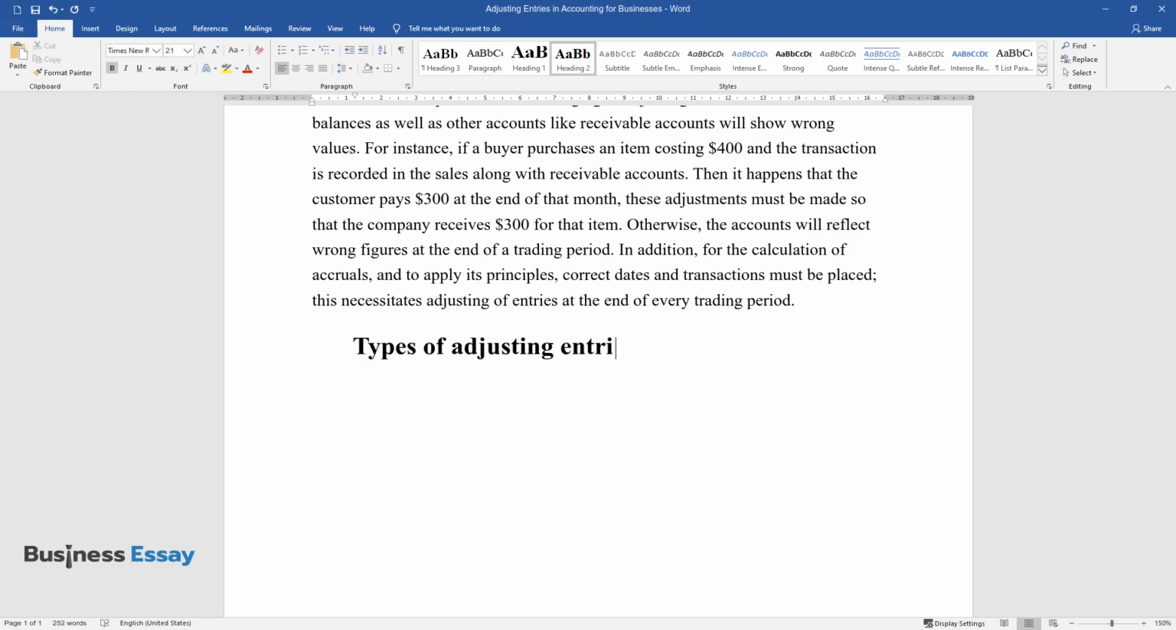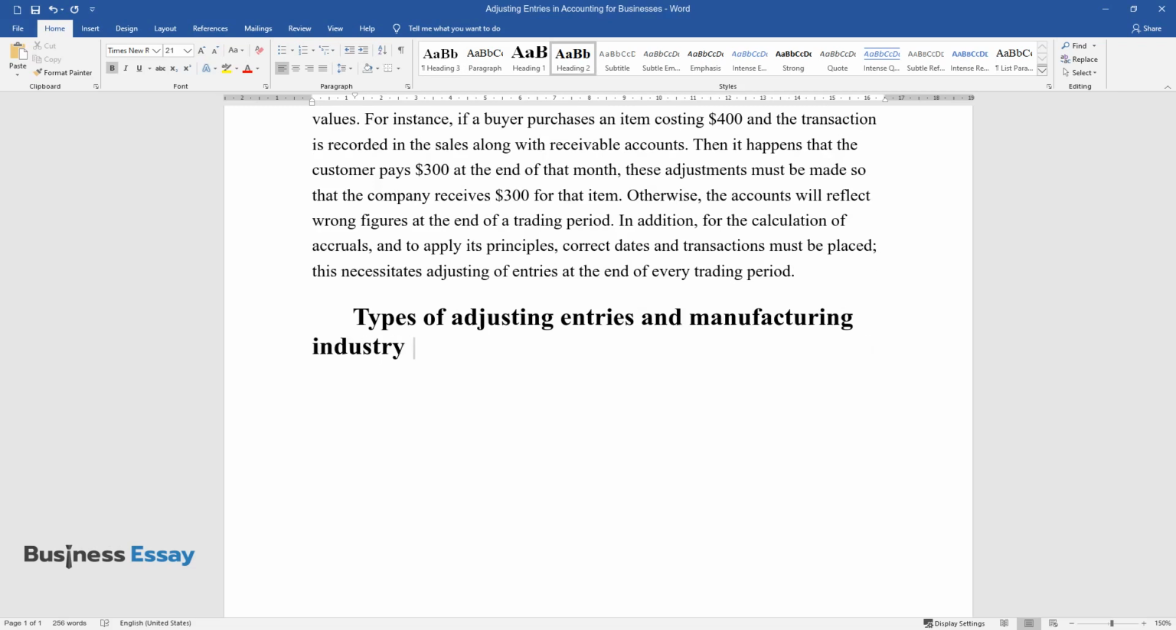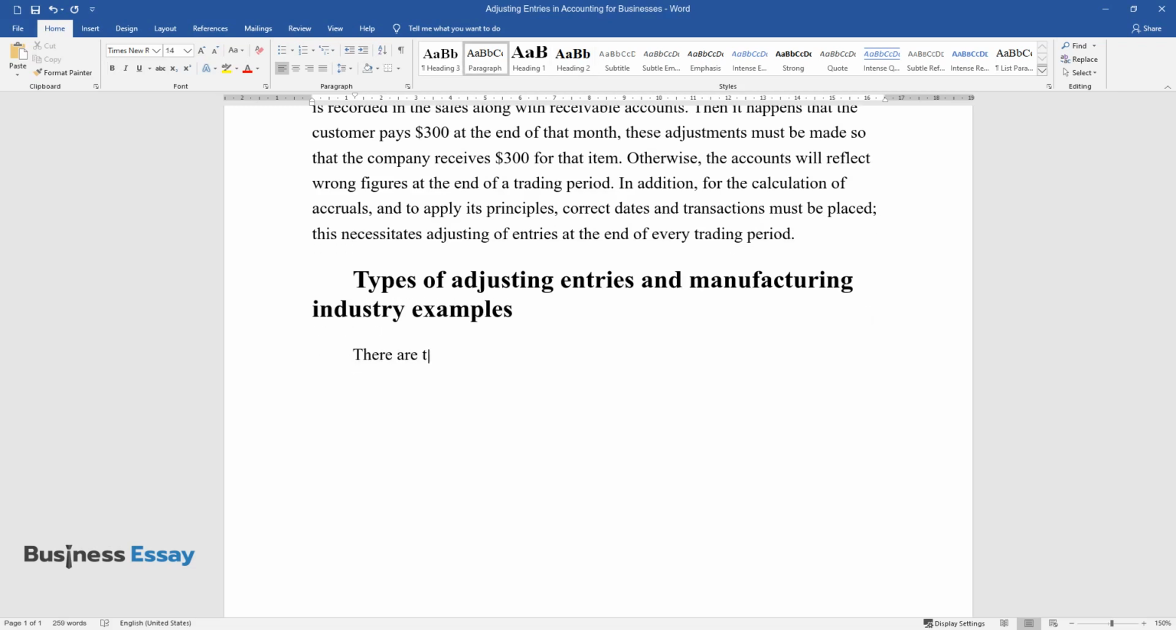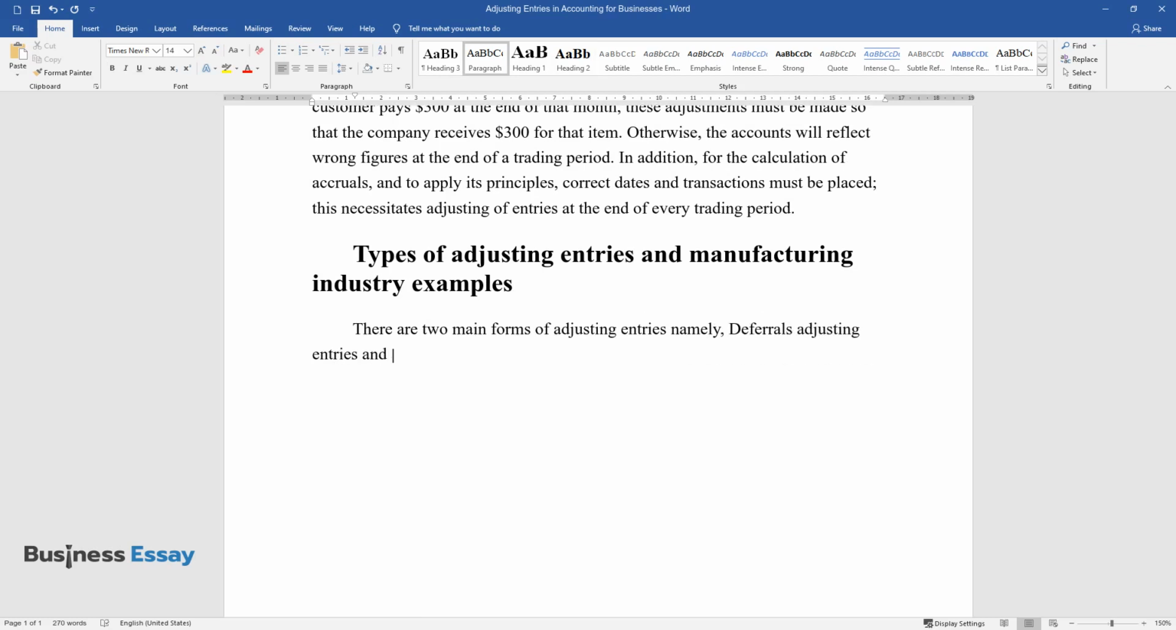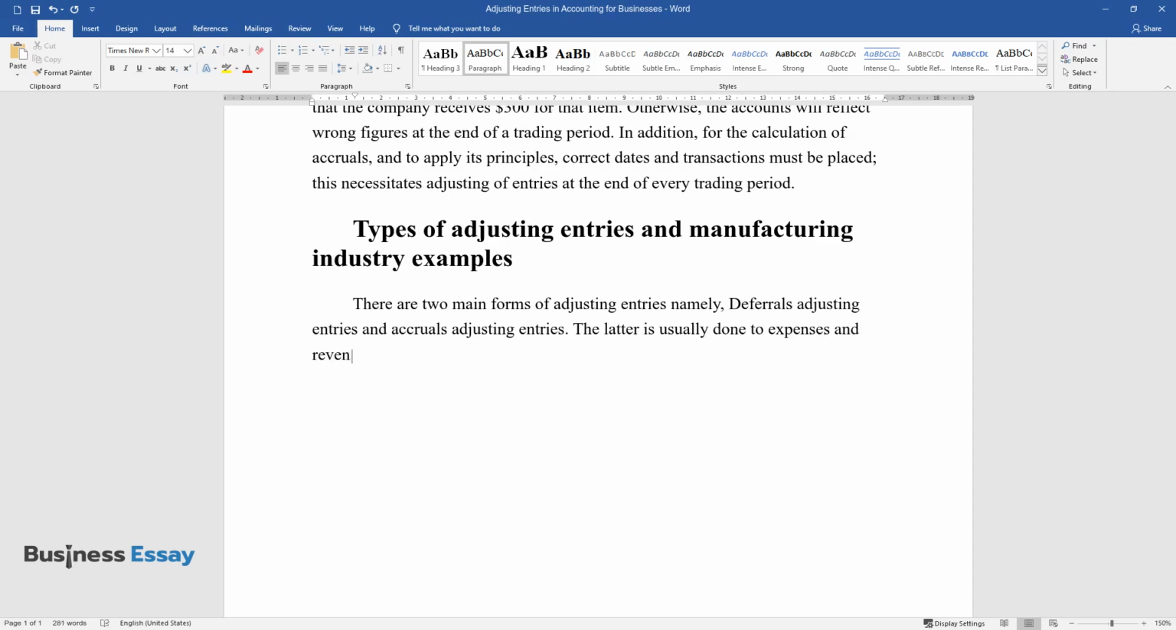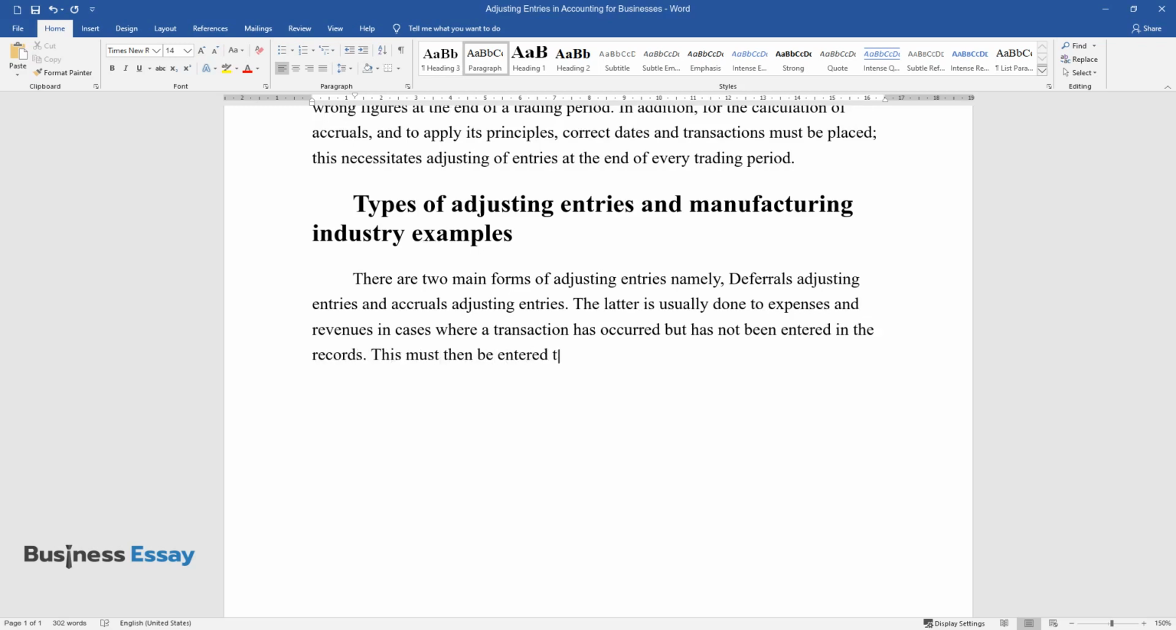Types of adjusting entries and manufacturing industry examples. There are two main forms of adjusting entries, namely, deferrals adjusting entries and accruals adjusting entries. The latter is usually done to expenses and revenues in cases where a transaction has occurred but has not been entered in the records. This must then be entered to reflect on the balance sheet as well as the income